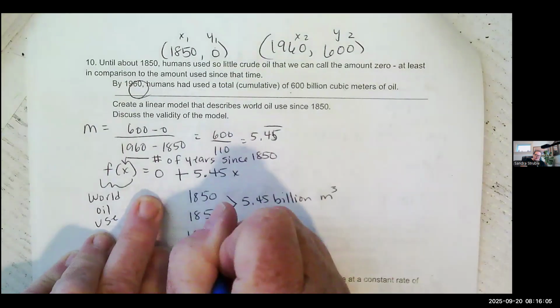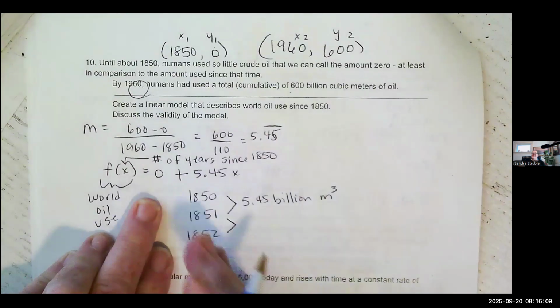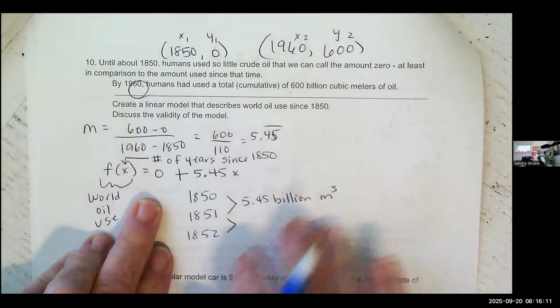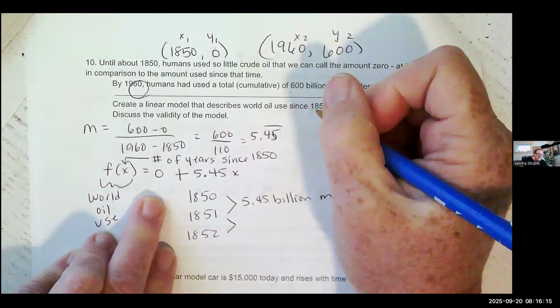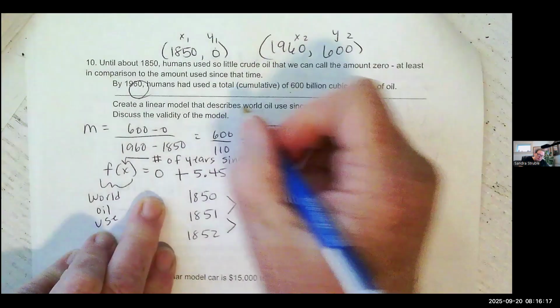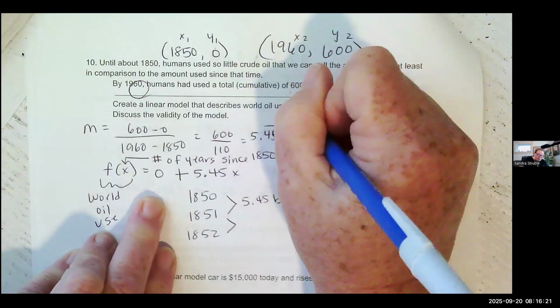And then 1852, the same thing. We didn't have enough cars. We didn't have enough cars for this to happen. So validity, okay, do we have to describe the world use of oil? So describing the world use of oil, the model shows,